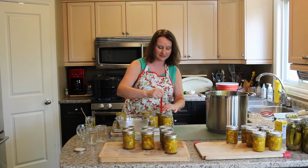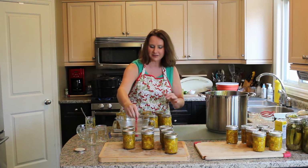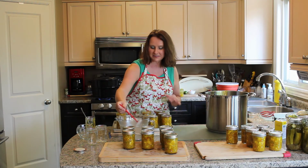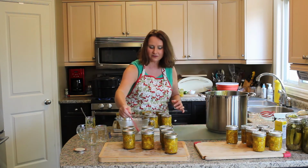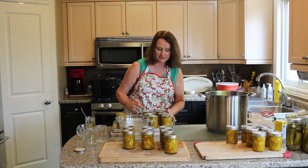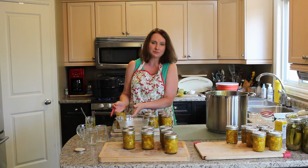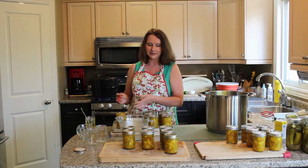Okay, so I'm on one of my last batches of relish, and I'm going to put another 6 in. The reason why I'm not going to put 8 in is because I actually have 8 left, and I am going to save these 2 and process them last. Out of all the 14 that I've processed so far, I have only 1 that hasn't sealed. So it's a good idea if you have a little bit left over, like I would have had to process 1 more jar anyways, that if that doesn't seal by the time I'm done, I'm going to open it up,